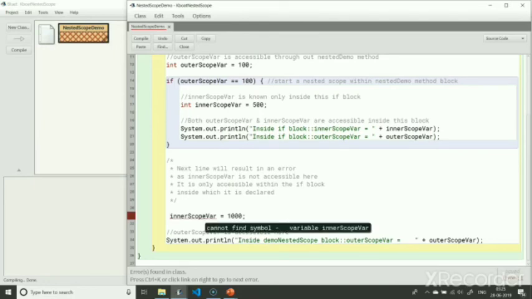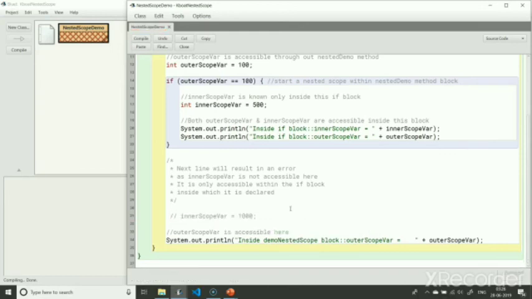This error is coming because inner scope var is not known here. Variables declared in the inner scope are only accessible within that block. They are not accessible in the outer scope. Hence, we are getting this error. Let me comment this line again. Of course, outer scope var is still accessible as it is declared inside the nested demo method scope.